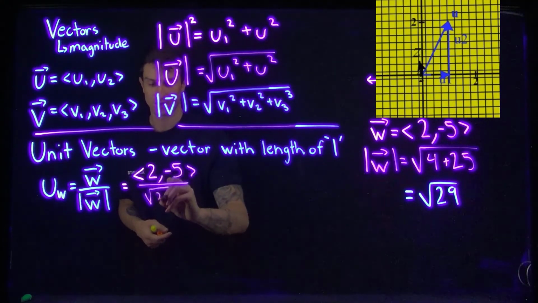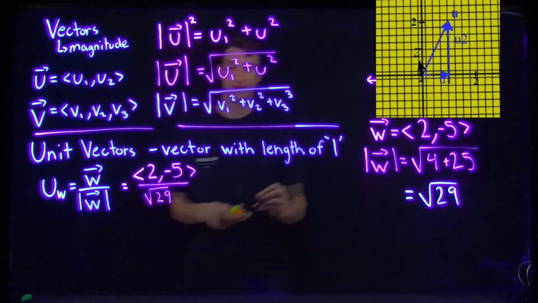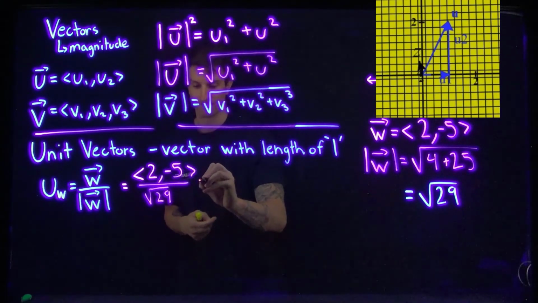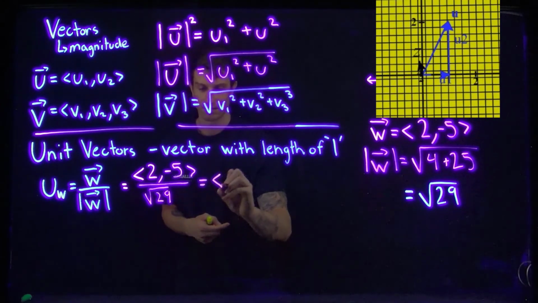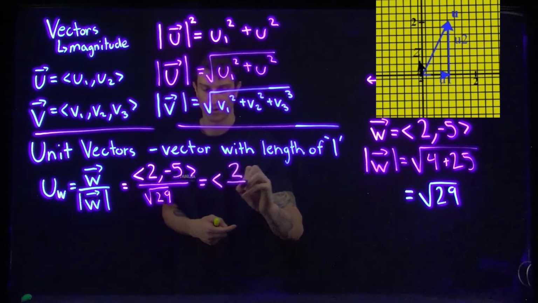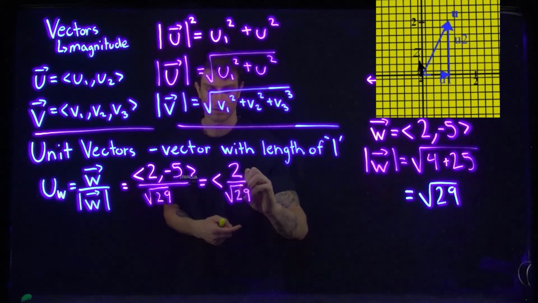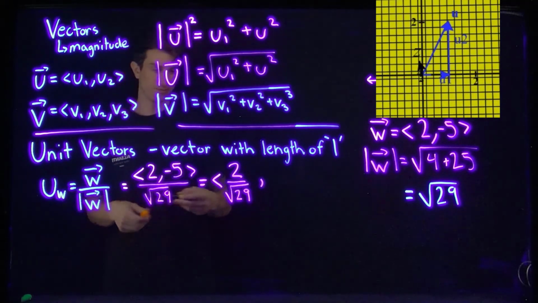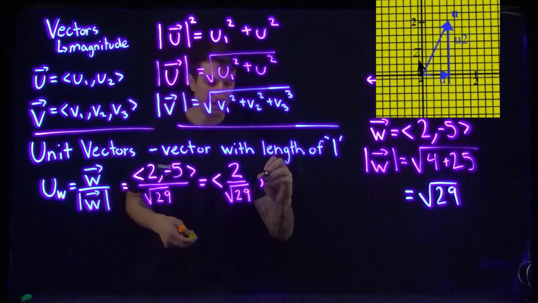And we're going to want to distribute this root 29, even though it's ugly, to each component. So this is going to be 2 over root 29, comma, negative 5